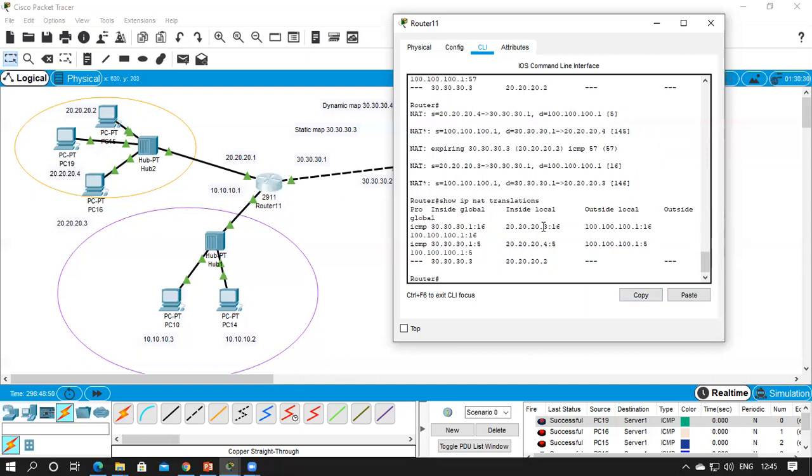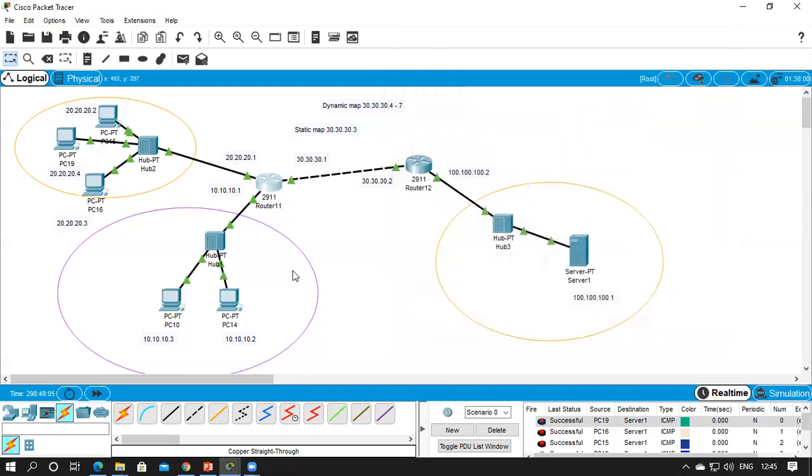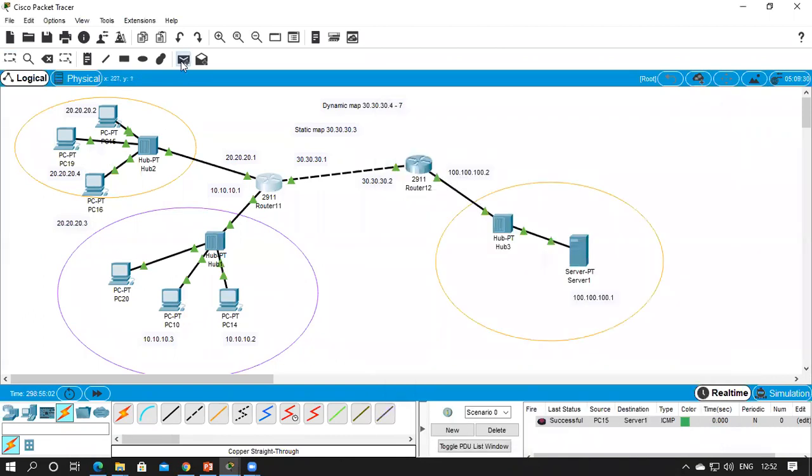So I've sent from 20.3 and then 20.4. So that is mapped to 30.1. And in the previous one, it was only 20.2 that is mapped to 30.3. Now we'll see once again the static NAT, that is 20.2 to the server.